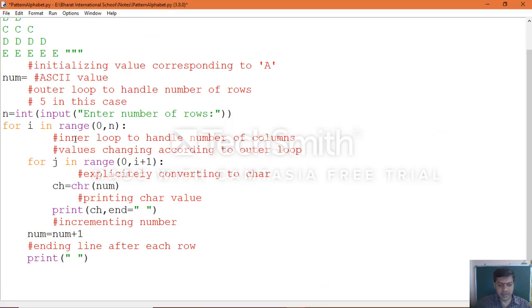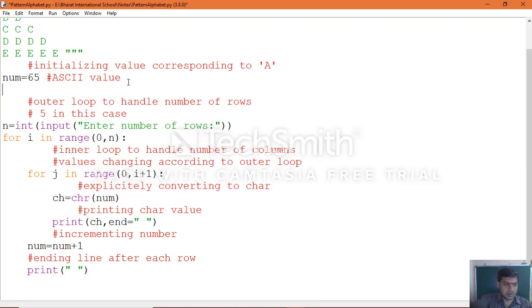If you give the uppercase value, the uppercase alphabet pattern will be printed. Suppose you give num equal to 97, then lowercase alphabets are printed. That is how you can execute these examples, through interactive mode as well as script mode. Thank you. We'll continue with another concept next.